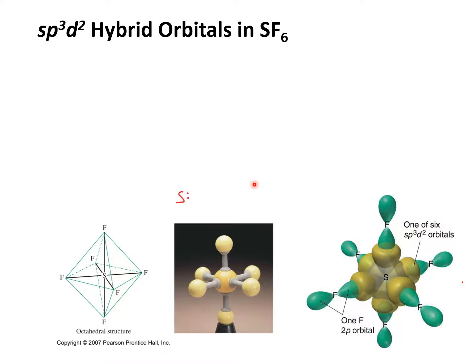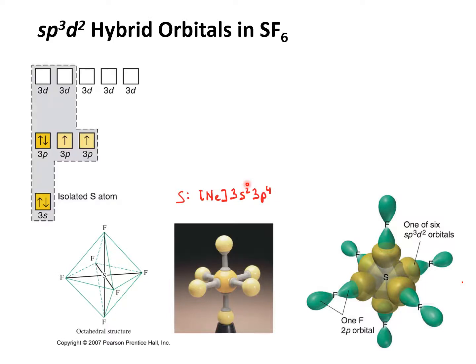The first step is to write the electron configuration for sulfur, which, being in group 16 and based on its position in the periodic table, can be written as neon 3s2 3p4, which shows us that there are 6 valence electrons in sulfur. Looking at those valence electrons in greater detail, using an atomic orbital diagram for sulfur, we see that 2 of the valence electrons are in the 3s atomic orbital, and the remaining 4 valence electrons are in